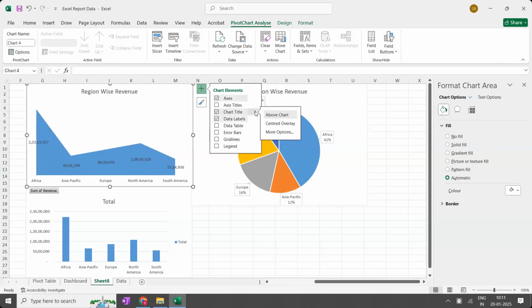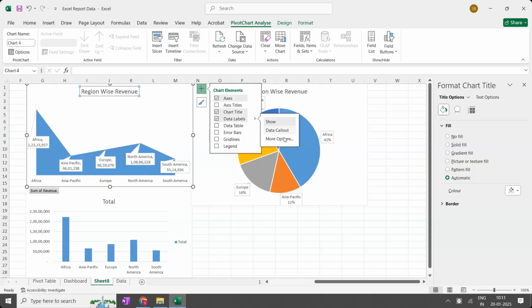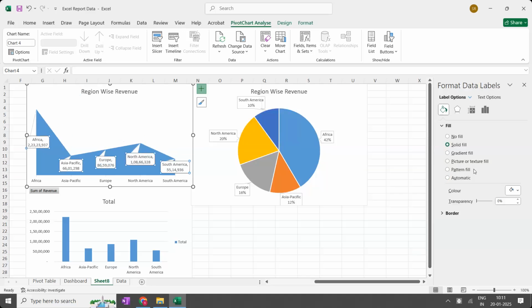Within the chart, I'm going to give center over, with the data labels above the chart. Okay. And this one I'm going to add in the borders,